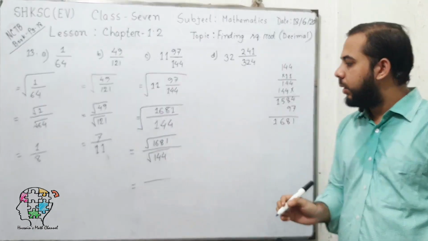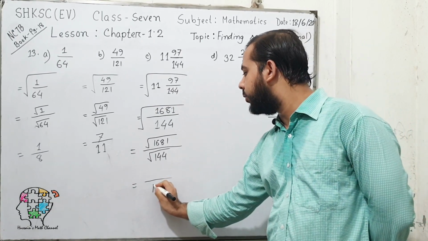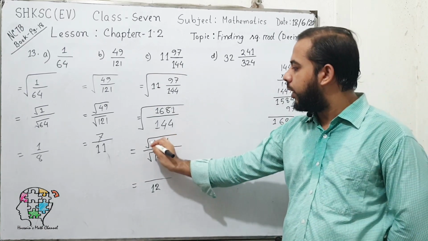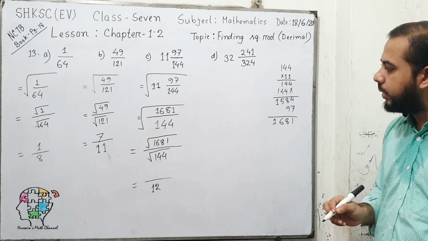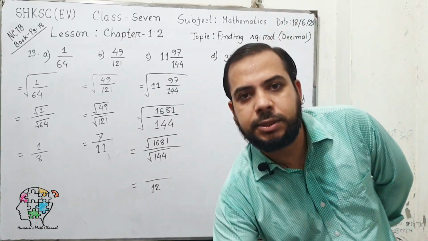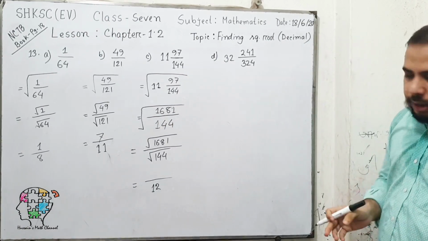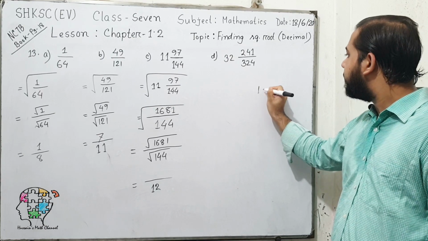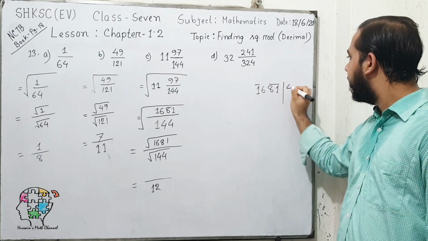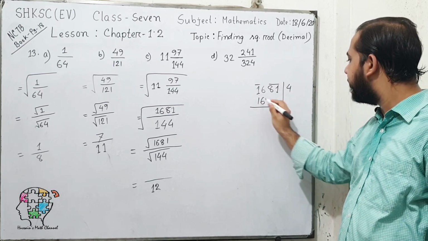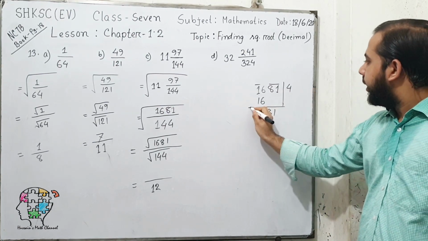Now if you remember, the square root of 144 will be 12, because 12 times 12 is 144, and now you have to find the square root of 1681 as the remainder. In your previous class we have already done how to find the square roots of any integer. To remind you, I am just doing it shortly. At first make pairs from this, and first one, 4 times 4 is 16, and then 0, and then put it down 81,